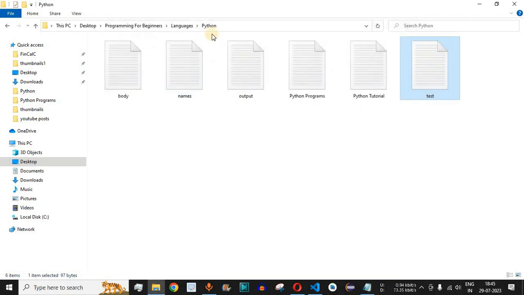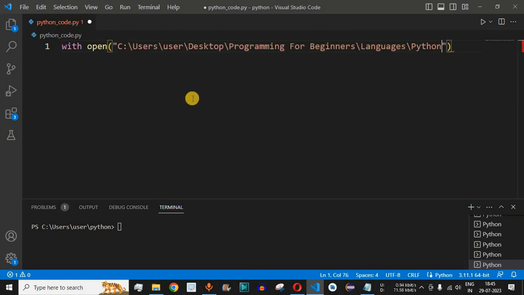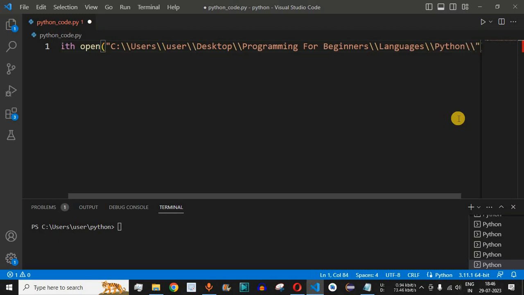So guys, what we have to do is copy the directory path. Since I am on Windows, I will copy this path over here, and then we will provide this path inside the open method. Inside the double quotes, we will have to provide the entire path, and then guys, we need to escape these backslashes. So we are going to include another backslash character, and then after the end of this path, we need to provide the name of the file, which is test.txt. So after the backslashes, we have test followed by dot, and then txt.